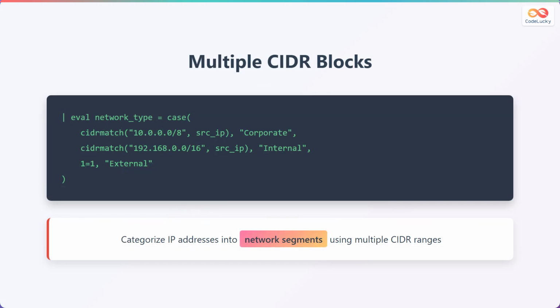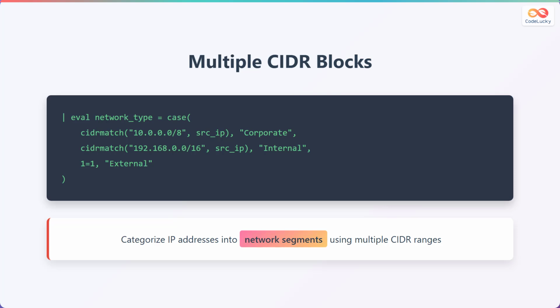When working with multiple network segments, you can use CIDRmatch within a case statement to categorize IP addresses into different network types. In this example, we're creating a field called network_type that assigns labels based on which CIDR range the IP address matches. First, we check if the source IP matches